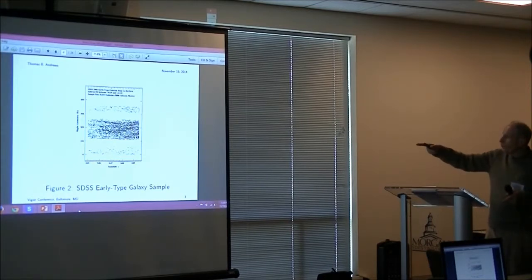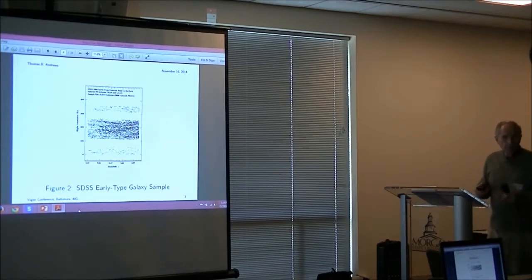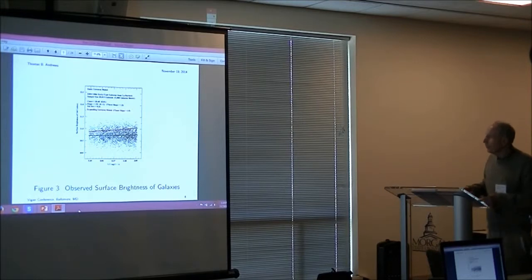So eventually they filled this in, or they did fill this in with about 1 million galaxies. So I have a very small sample of the overall, but the overall sample goes out farther in z. This was intentionally a limited sample where you could make accurate observations and where you really did find all the galaxies in this cone. And I just show a sample of 5,000 of the 40,000 galaxies here.